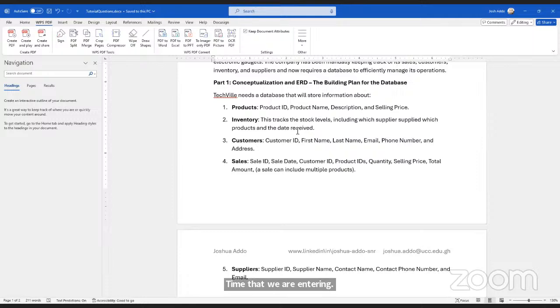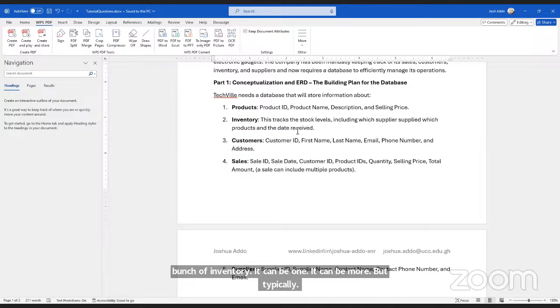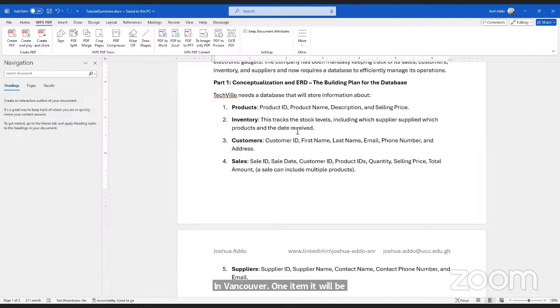It can be one, it can be more, but typically inventory will not be one item, it will be a batch, a set, or a chunk of some items of inventory. So let's say at this point in time, we have some invoice and some other documentation which evidences some inventories that we have received.